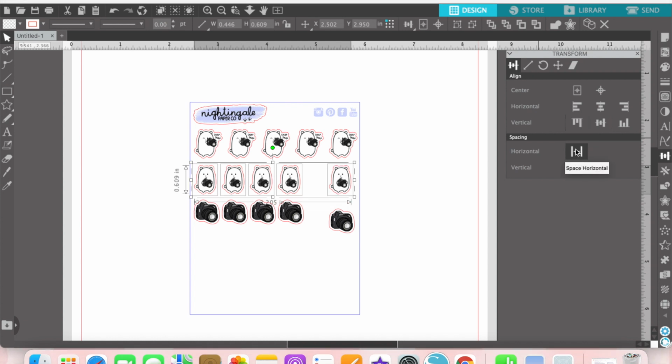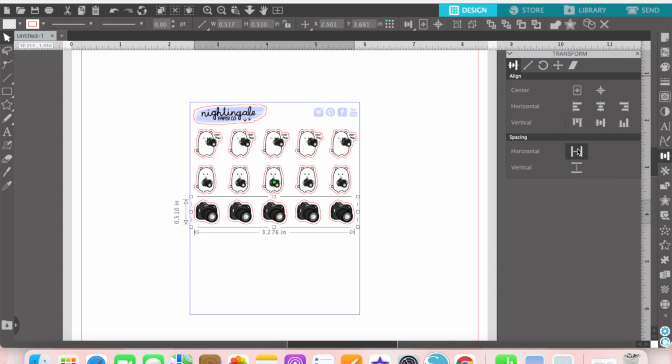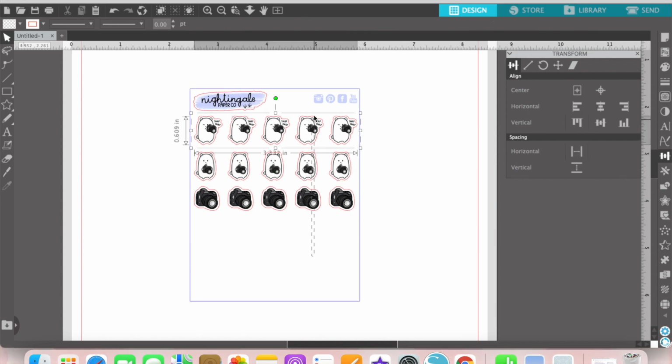And now we'll do the same thing with the other sets of stickers. So vertical align and then horizontal space and then group. And one more time for the cameras. Okay, and now of course we have extra space. We can probably do another,